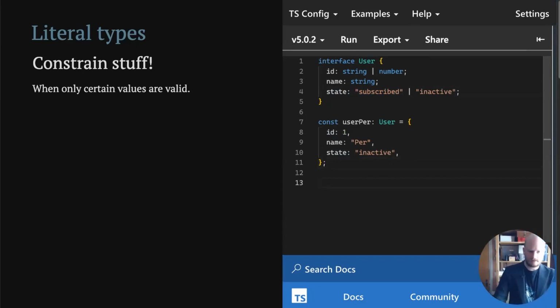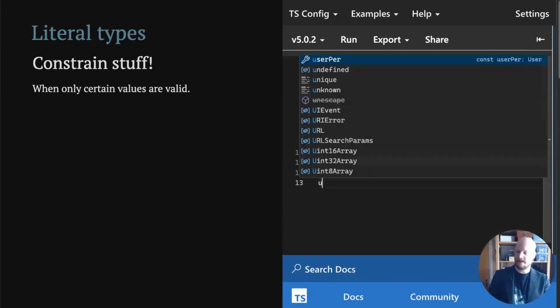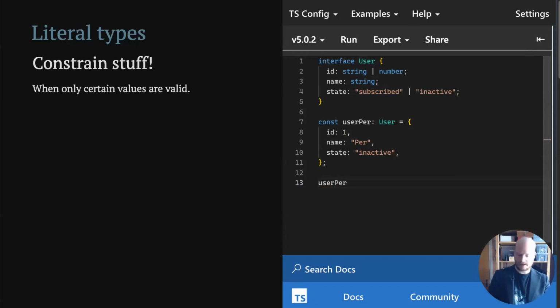And if I then, let's say I want to subscribe, or I subscribe, I will want to update the state here. So then I write user pair dot, and as soon as I write dot, I get auto-completion for all of the properties of user, since I know that user pair is a user. Now I want to update state. And for some reason, auto-completion here doesn't work in this playground. It works in VS Code if you click Control Space, I think.